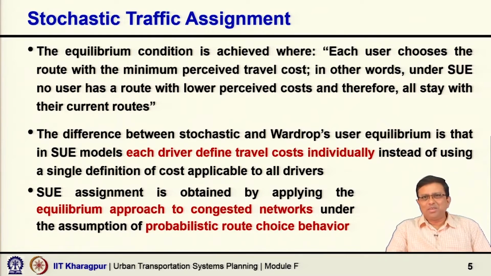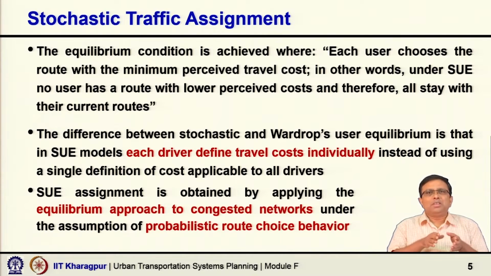That was the assumption. Here we are deviating, because everything is going around perceived travel time or perceived travel cost. So, we are saying we are still reaching an equilibrium